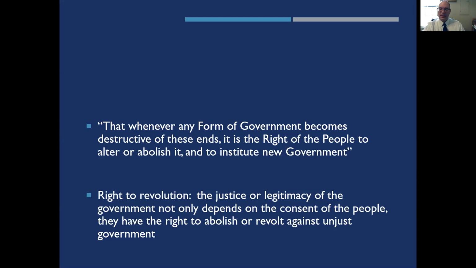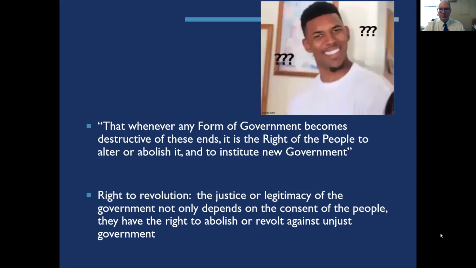So again, the notion that people can rise up and alter or abolish, just simply get rid of the government and create a new one that they think will best serve the purpose for which government exists, which is to protect their rights. Compare that to the notion of the king as the father and the head of the family. Obviously, the notion of revolution, much less a right to revolution, is totally foreign to that picture. So you can see what a break and what a dramatic change this was, okay, from what people had said before and believed before.